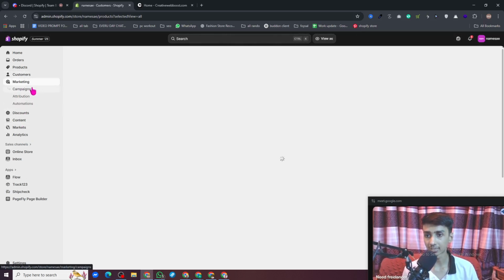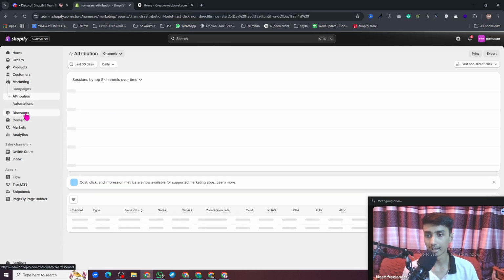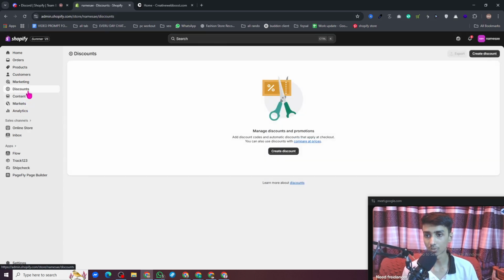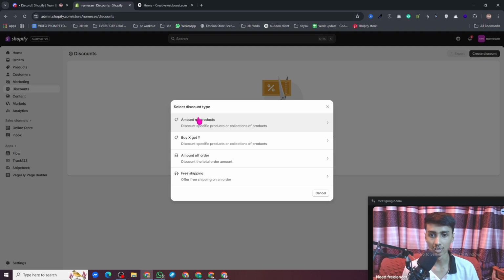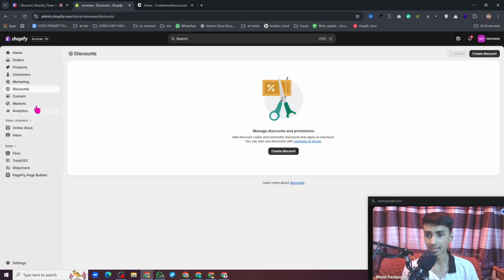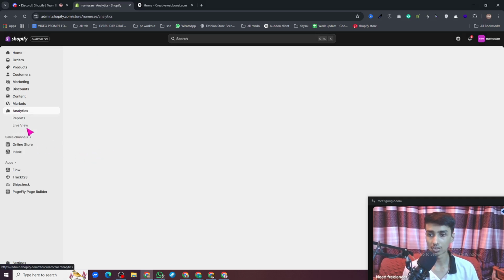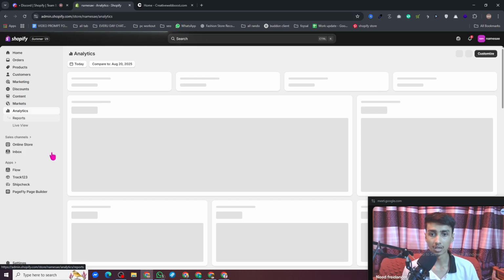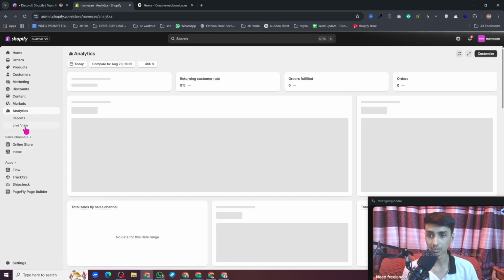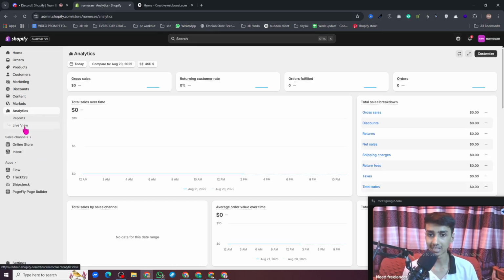Under the marketing you can run email campaigns, and add attribution and automation. Here you can create a discount by coming here. Let's click create discount, and as you can see, the discount options are over here, so you can select one of them. And under the online store, under the analytics, you can see your store report, and also